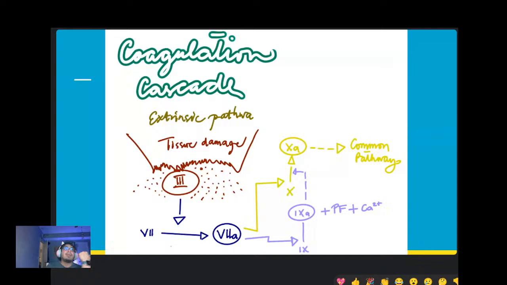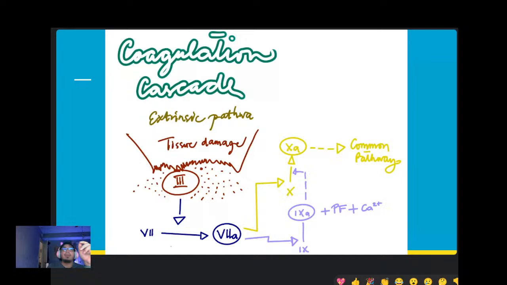And the importance of factor 7 is that it has two things. But what you need to remember is its interaction with the common pathway, yung dilaw. Mamaya na yung nasa baba na color purple, na color lavender. Okay? Bakit? Kasi from factor 9, factor 8, factor 7 the activated form can react with the inactive factor 10 to initiate the activation of factor 10 to form activated factor 10 and thus resulting to the common pathway. Nakita niyo may dot dot dot.